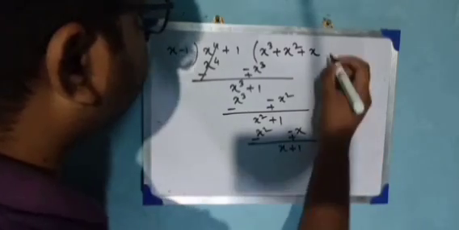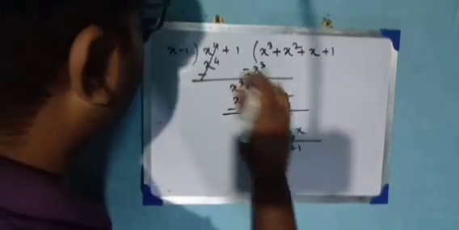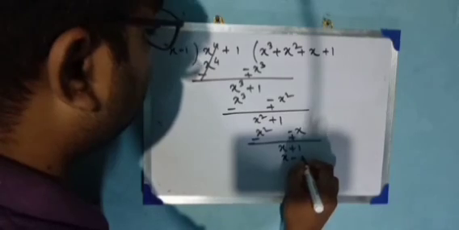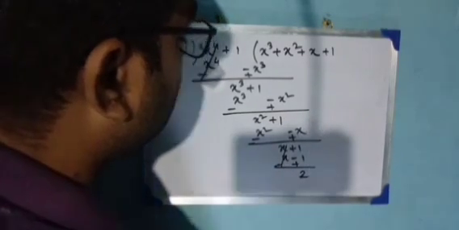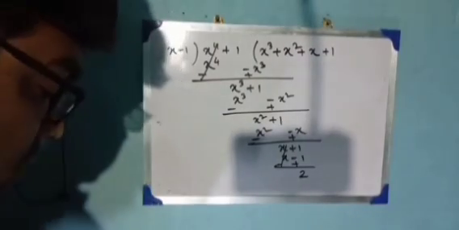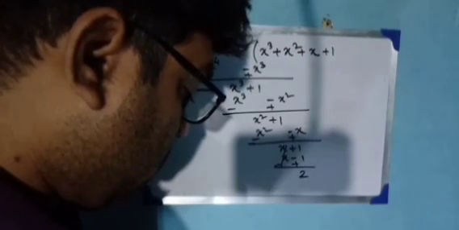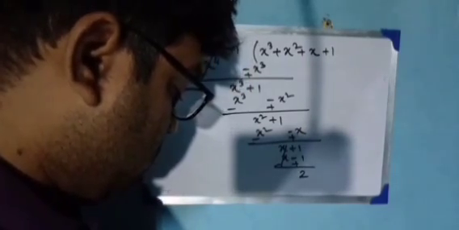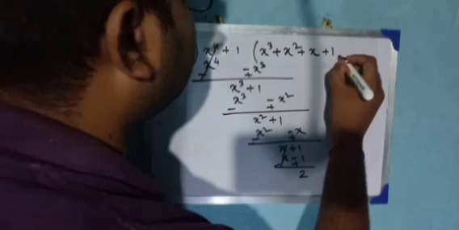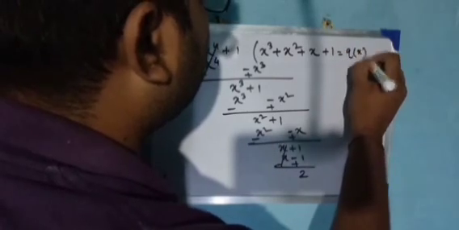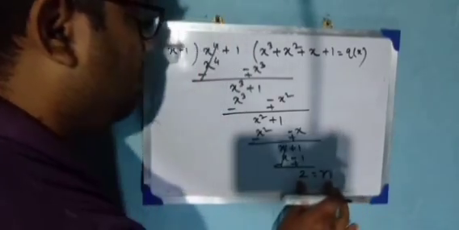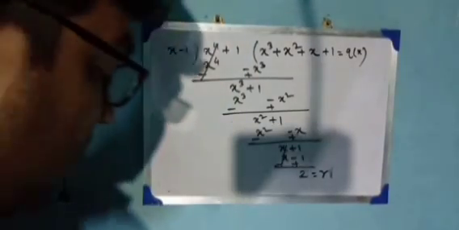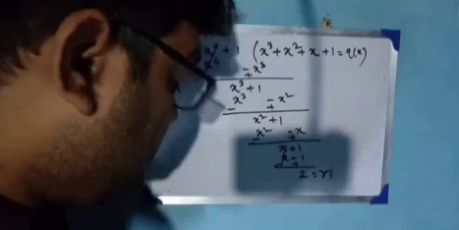Next, we have to take 1 over here. So we are getting x minus 1 minus, this will be plus, this will cancel, and this will be 2. So by actual division, this is the quotient polynomial, this is the quotient q(x), and this is the remainder, not r(x), only r, because it's a constant term.